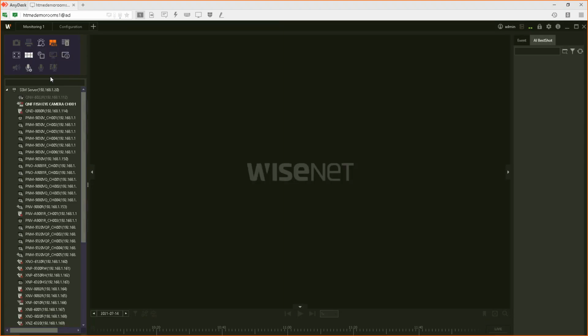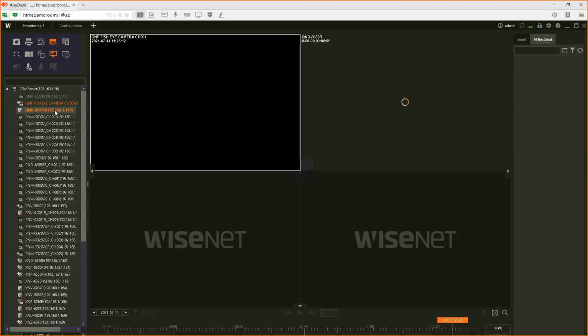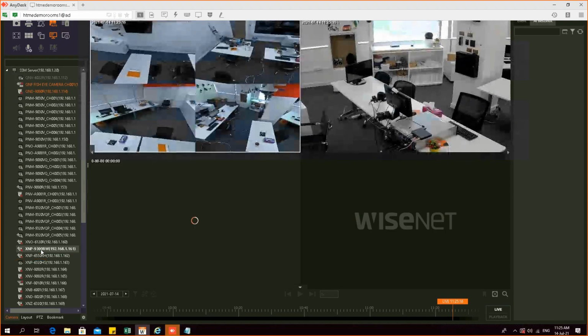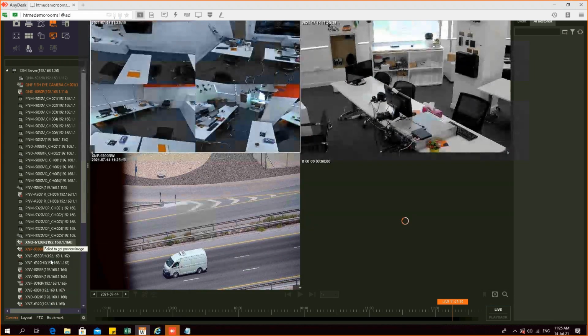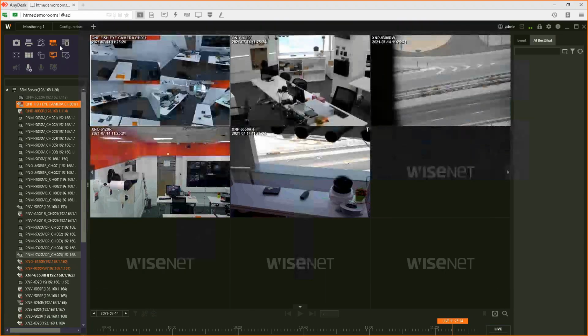Auto layout means depending on the number of cameras that you're viewing, the layout will automatically adjust. So if I have 3 cameras, 4 cameras, and the moment I go to the 5th camera, it will change to a 3 by 3 layout. This is called the auto function. So it's easy for operators not to keep changing the layout. It will change by itself.